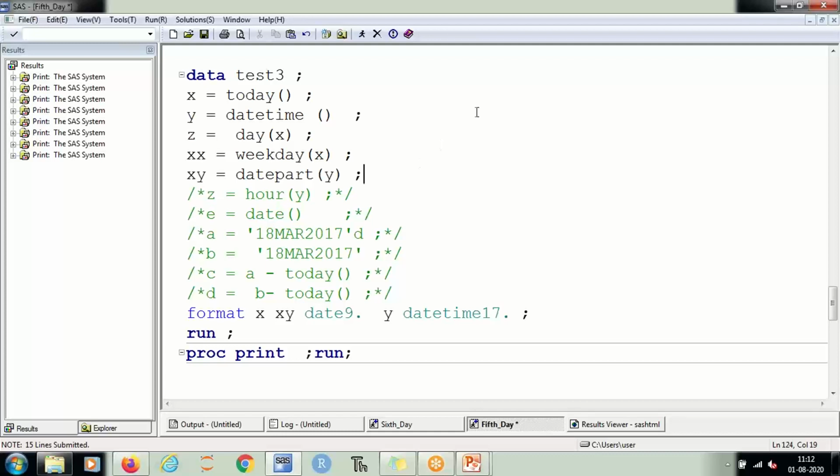I'm giving you some time to practice this. So today is a function to get the current date of your system, and datepart is a function which gives you only the date portion from a string which contains date and time both.